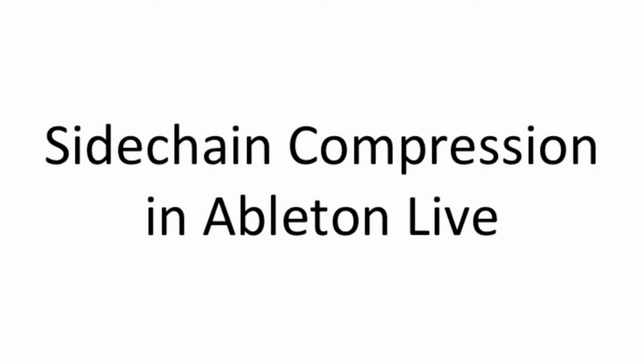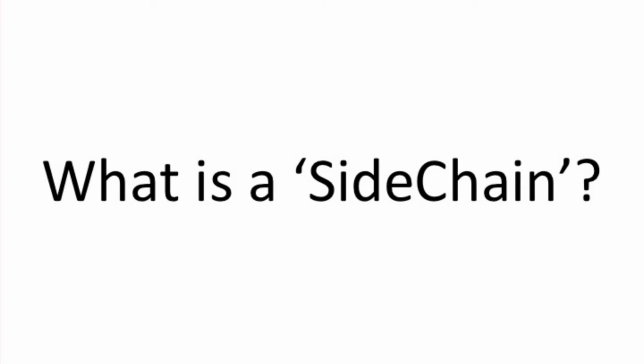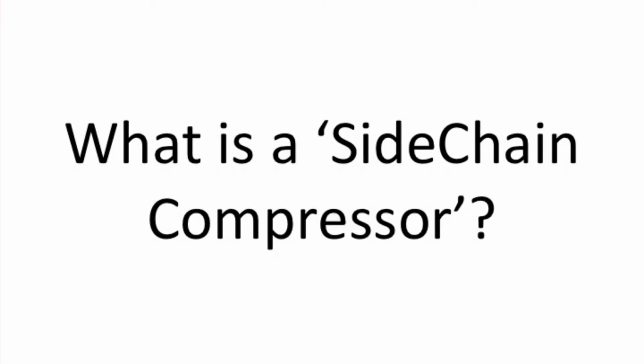Let's talk about sidechain compression in Ableton Live. What is a sidechain? A sidechain is something external that triggers an effect. In compression, the sidechain function allows an external audio source to trigger the compressor instead of the instrument that is being